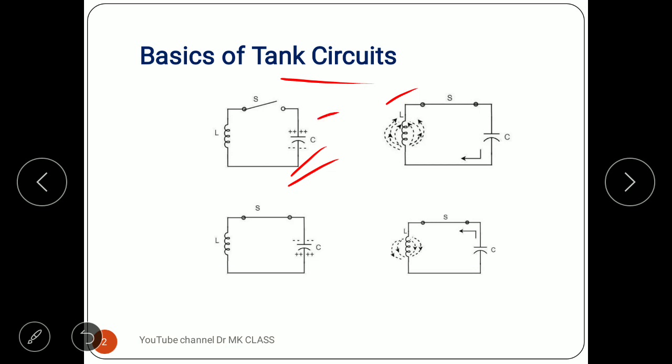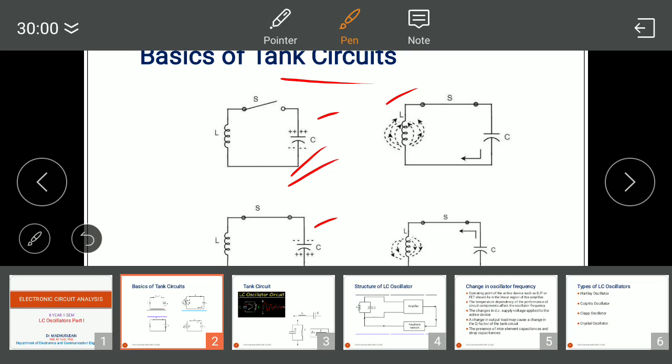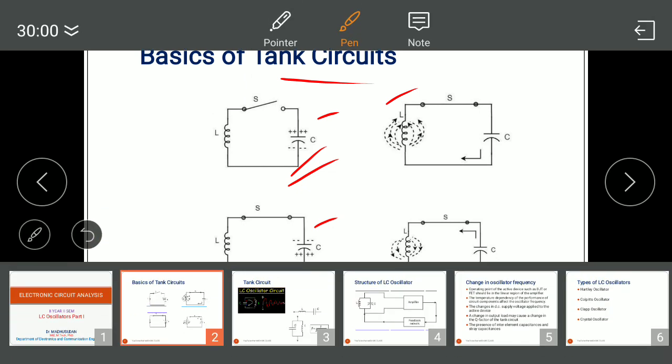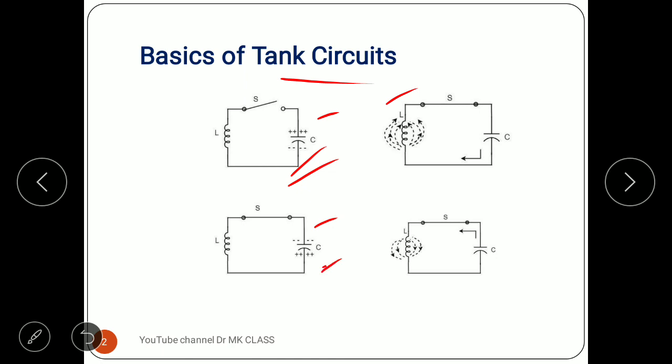First, if it is plus on this side, then after discharging through the inductor, negative will come on the upper side and positive on the opposite side. But the magnitude of that charge will be less compared to the earlier one. The first circuit's amplitude is not possible in the second. It will be a little less, and again it continues. The path will change. First it will discharge in this path, and now it will discharge in this path.